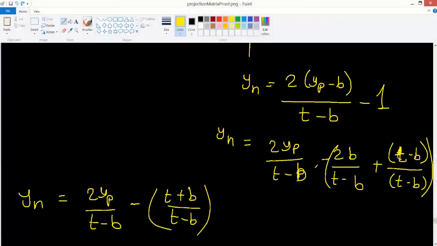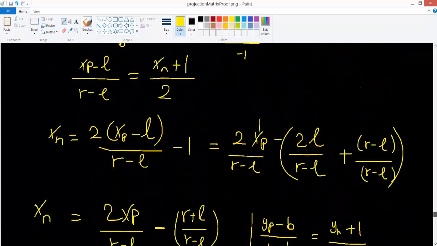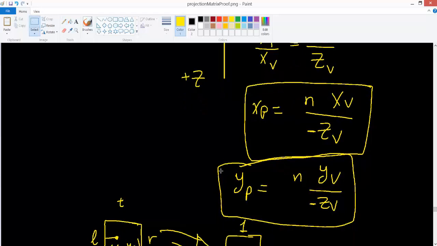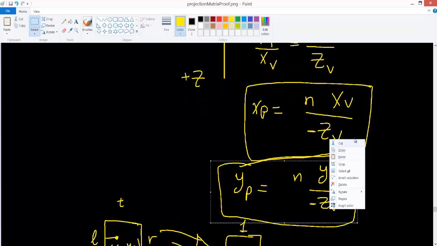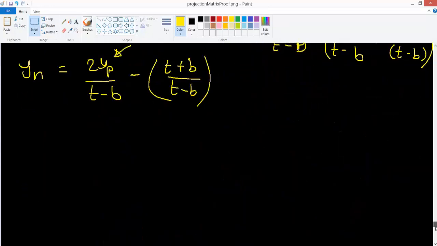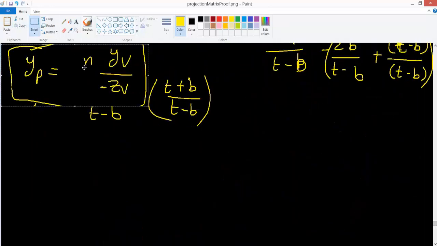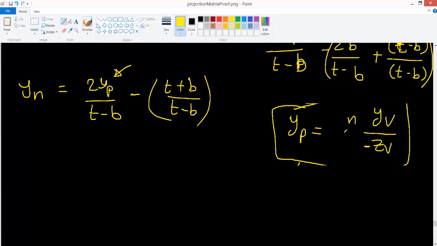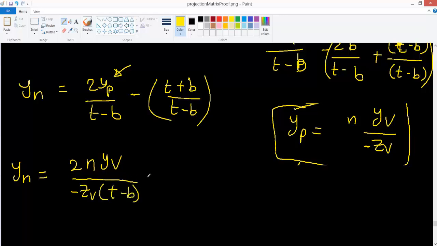Now that we have reached this point, let's try to substitute the value of yb inside this equation. What was yb? Yb was this equation, so I can copy it and paste it here, and we have that yb equals n yv over negative zv. So yn equals 2 multiplied by n yv over negative zv of t minus b minus t plus b over